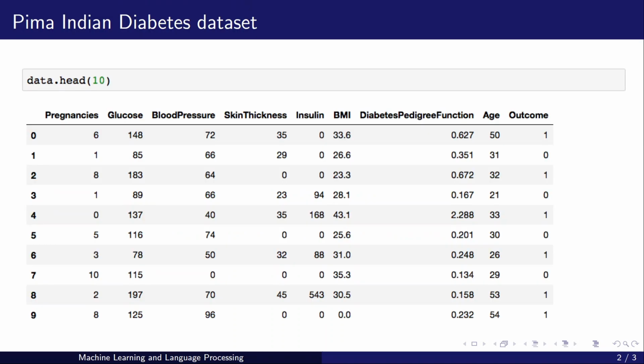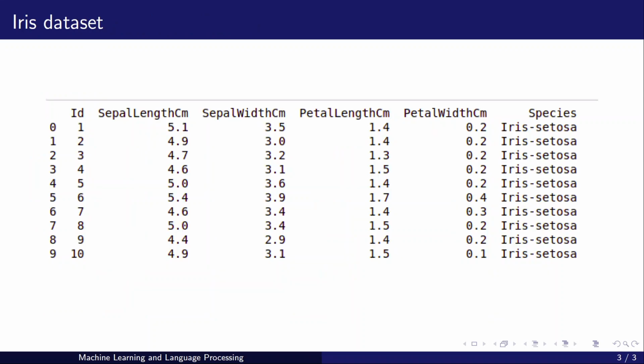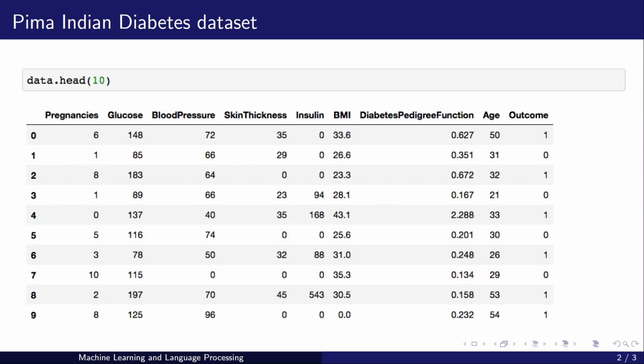We'll see the implementation on the PIMA Indian diabetes dataset, and one more implementation using the iris flowers dataset. The Indian diabetes dataset contains these fields: pregnancies, glucose, blood pressure, skin thickness, insulin, BMI, diabetes pedigree, age, and outcome is the target value, whether the patient is diabetic or not.